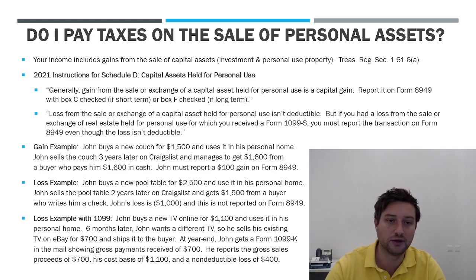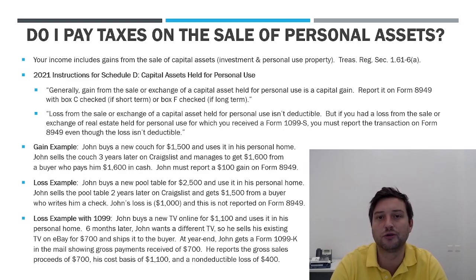You do. So if we look at the Schedule D instructions for 2021, they have this language in here, which I think makes it pretty clear. It says generally the gain from the sale or exchange of capital assets held for personal use is a capital gain. Right? So it's reportable. You've got to report this on your 8949. And then it does specify, you do get long-term or short-term treatment depending on how long you held that personal